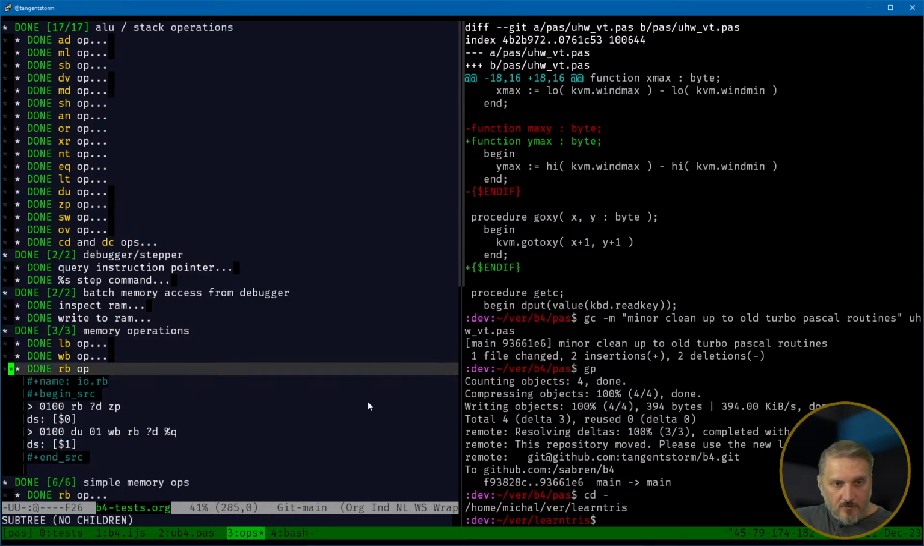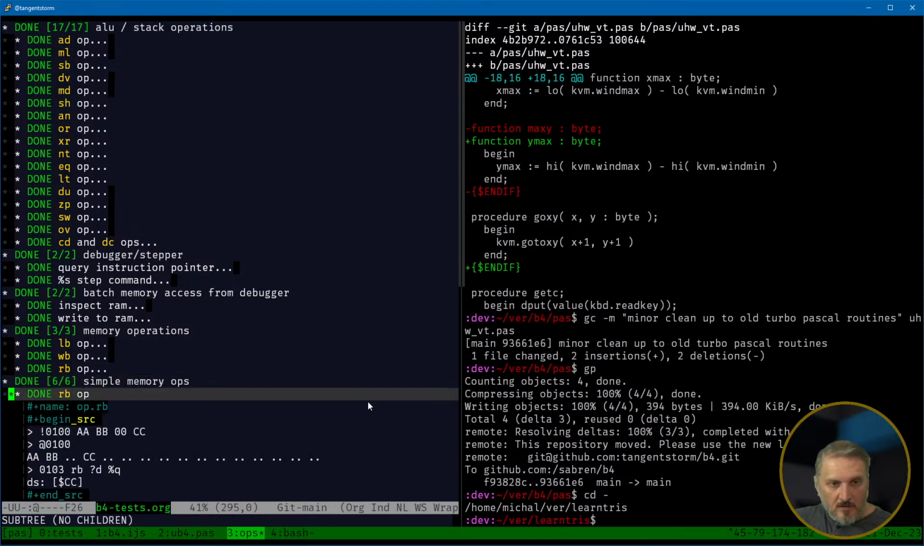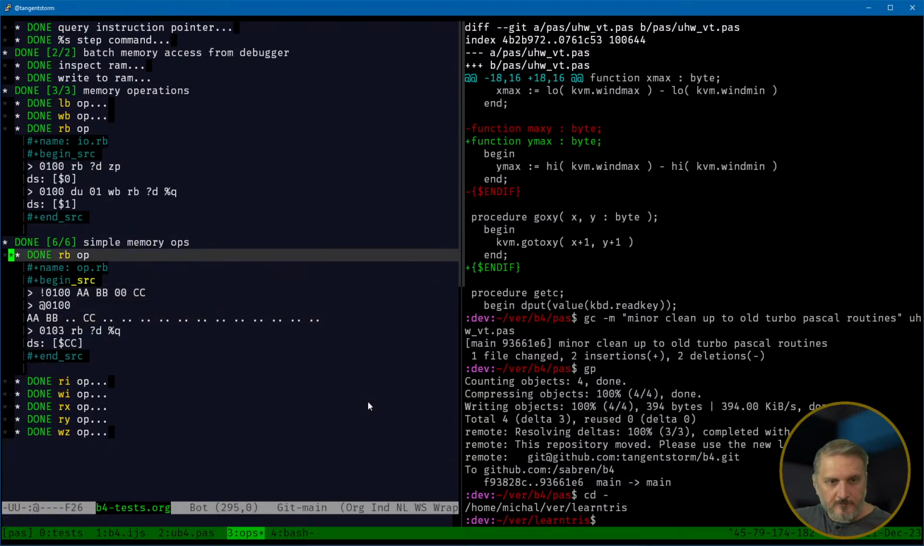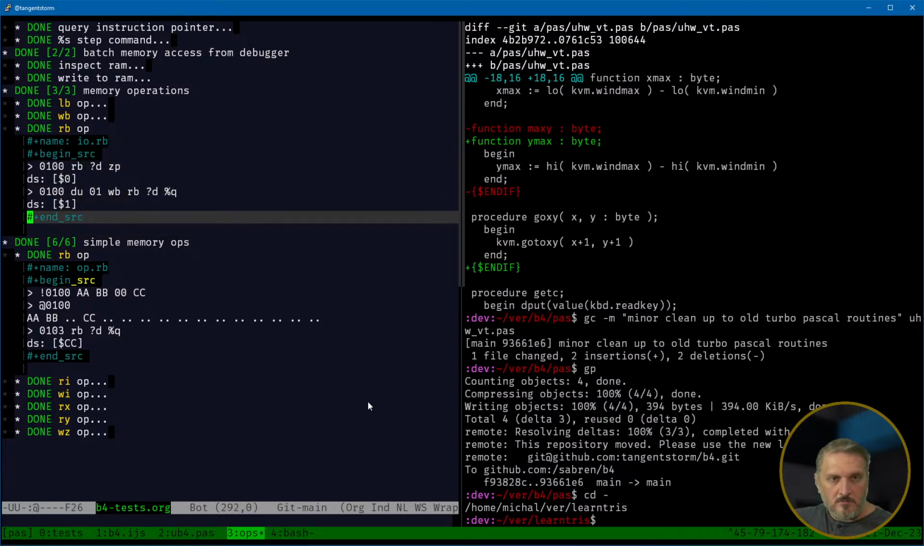Oh, why do I have two copies of RB? Interesting. Okay, well. I'm not sure. That's kind of interesting. They test different things, but they're